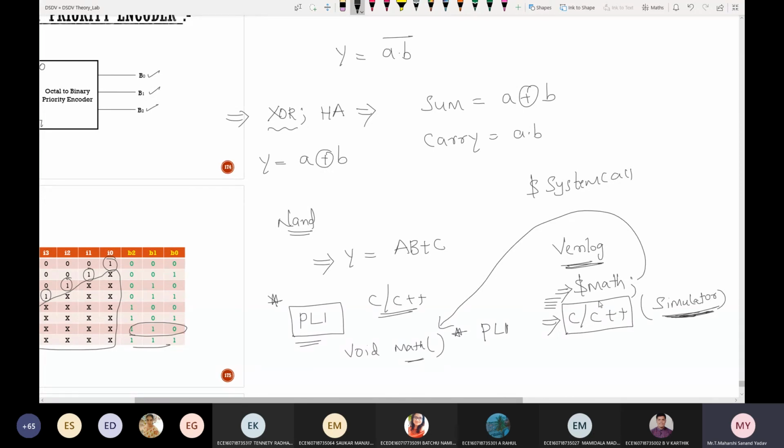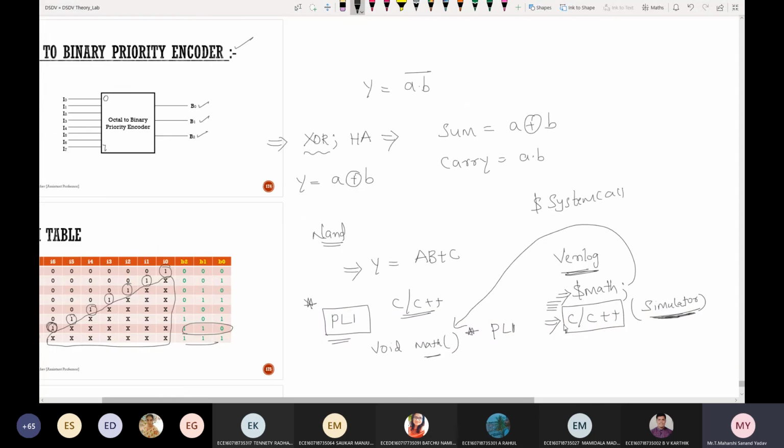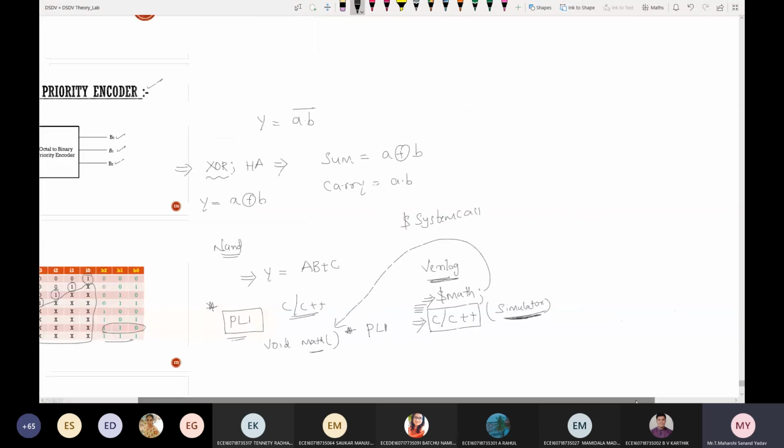This is generally for the sake of theory, and while writing some complex codes, we'll make use of this. There is a higher-level language above this called SystemVerilog. By using this only you'll verify, meaning verification will be done using SystemVerilog. Till now you know only about Verilog, but some more high-level languages like SystemVerilog will be there.